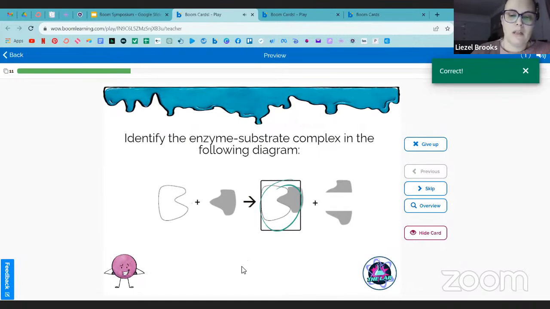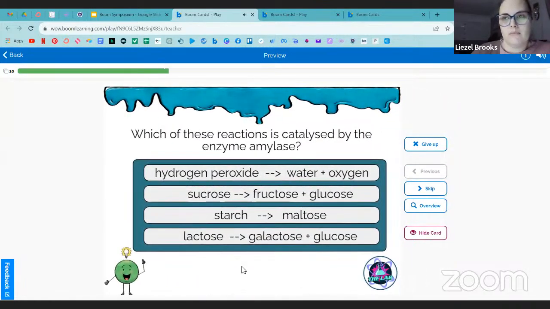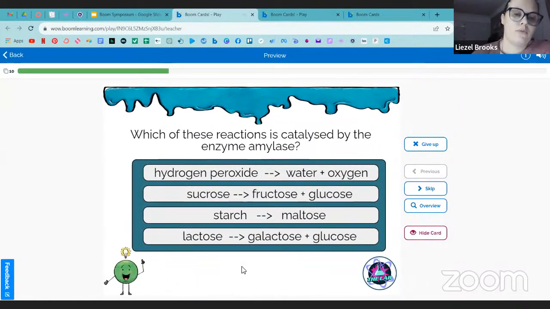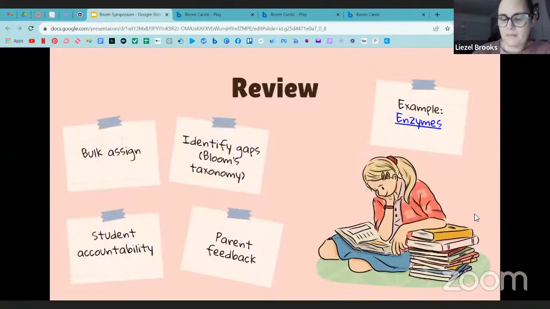like this one as well. So I try to include a variety of question types, of activities in these. In some of my other decks, there's lots of drop and drag options. There are some cases where they actually have to type in the equation or type in numbers to balance equations and that type of thing as well.